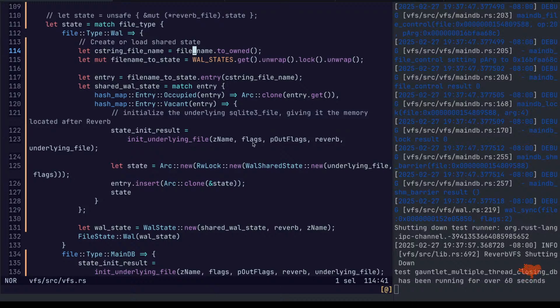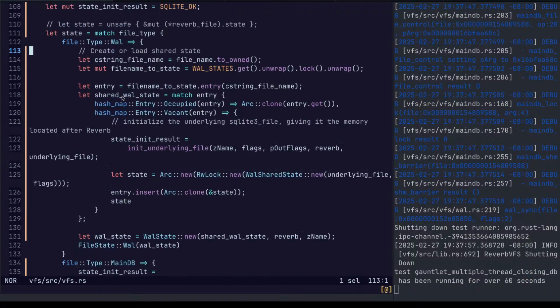I can turn it on and off by enabling the wall log in my VFS or not.